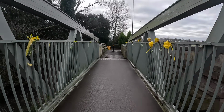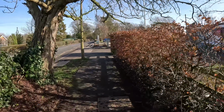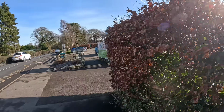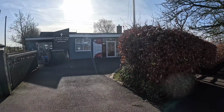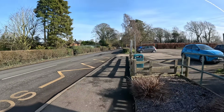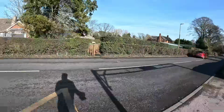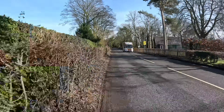Right, we're going to go back across the bridge, and we're going to go to the abandoned house now, and we're going to go to the other side of the river, on the other side of the tributary. Obviously we couldn't get to it there due to the water. So this is where Nicola parked her car at the school, in that car park there. Basically over the bridge, turn left. We're going to walk down this road. There was no footpath,